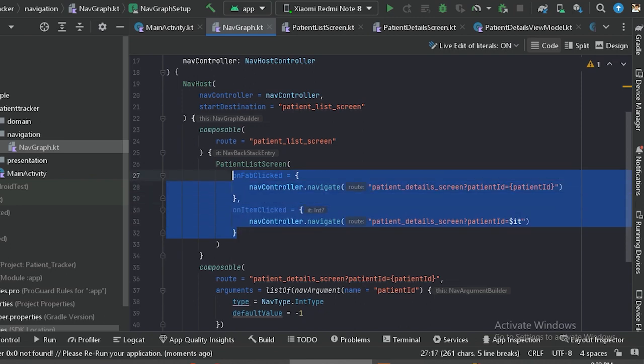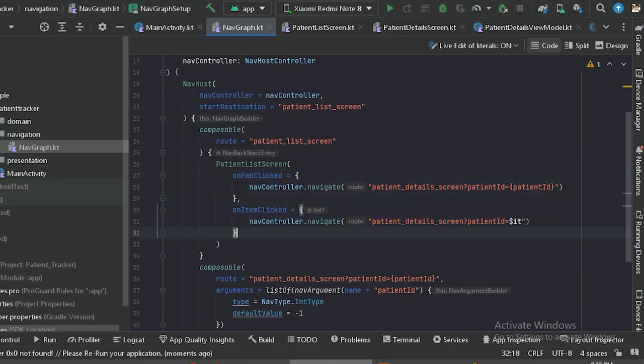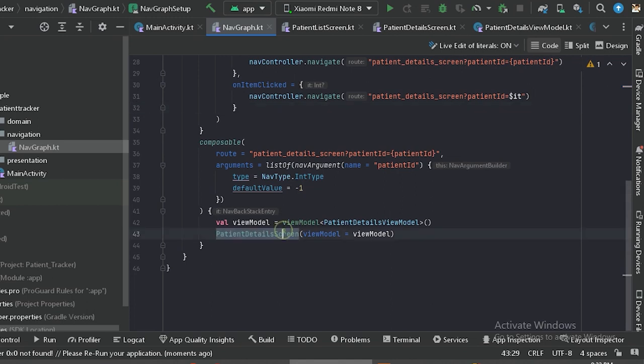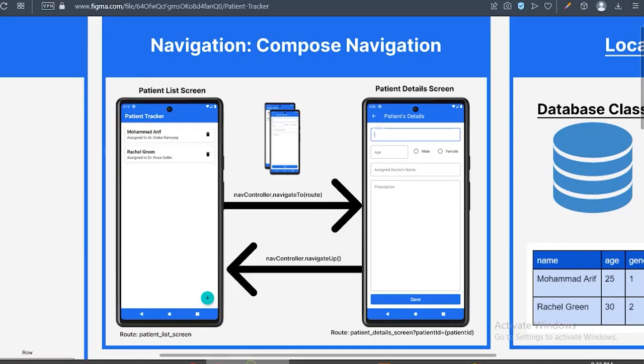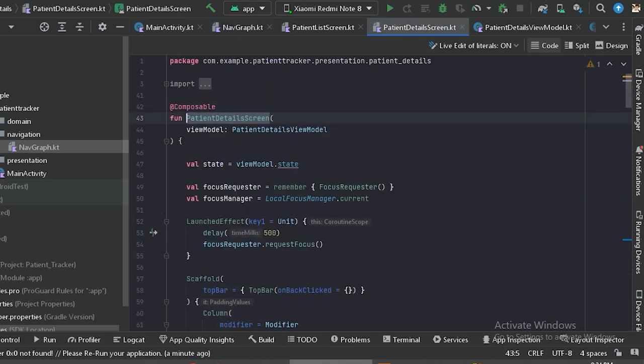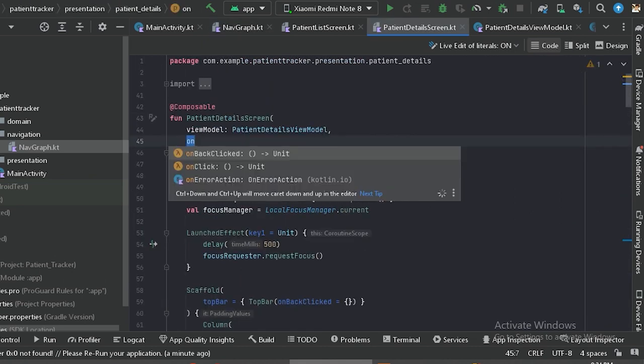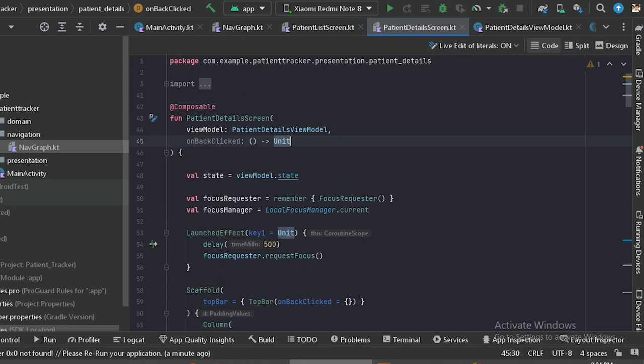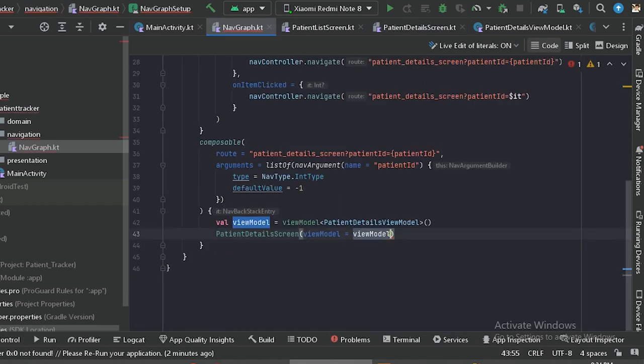Like this we can navigate from one screen to another screen. And how we can go back from this patient details screen to this screen? So let's go to our design. If the user clicks on this back button, it should navigate back to the list screen. Here first we will need to provide that on click functionality, on back clicked, and let's attach it through this app bar on back clicked, and here we will say